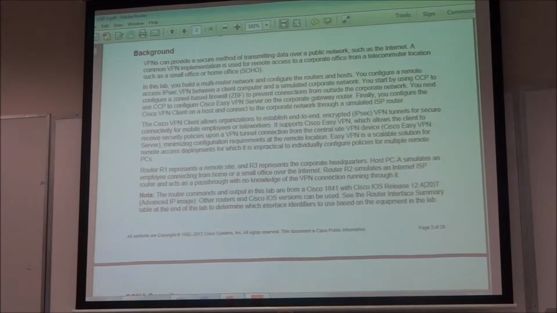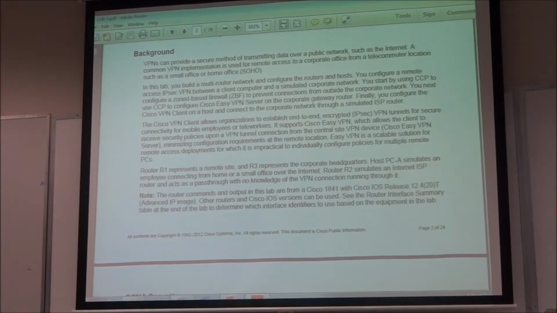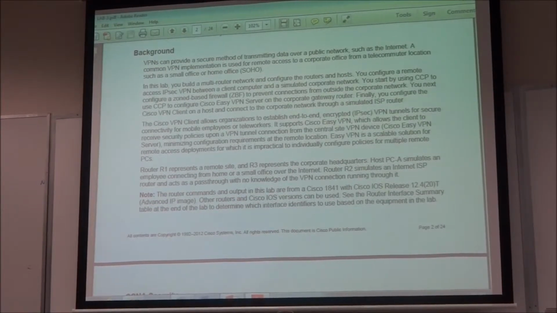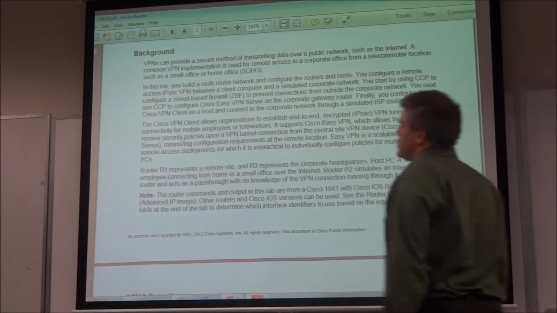Alright. So VPNs are very commonly used in the field. And in a lot of small to mid-sized businesses, you can terminate them on a router if that router is running the correct iOS image. And how you can tell if that router is running the correct iOS image, if you do a show version,